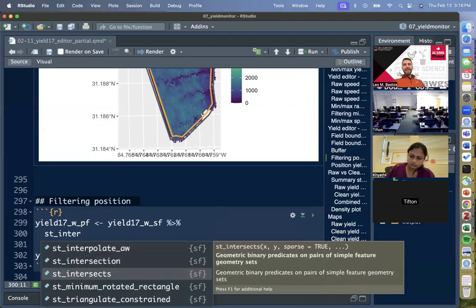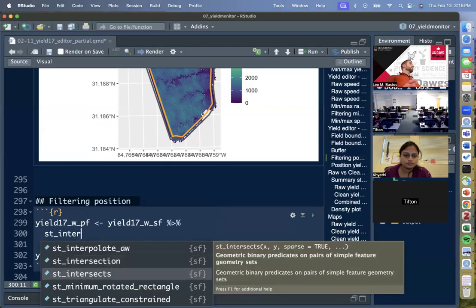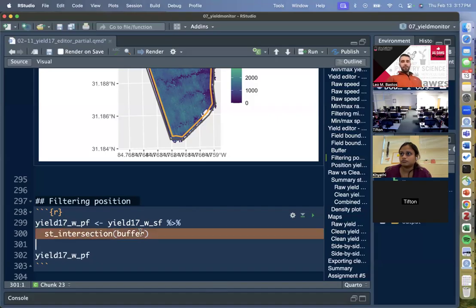There is an intersects and there's an intersection. Both are from the SF package, but they operate differently. The one that we want is intersection. So for cookie cutter, think of st_intersection. Then here we just give the buffer object. We're basically saying take the buffer cookie cutter and cut the yield WSF with that. So if you run this